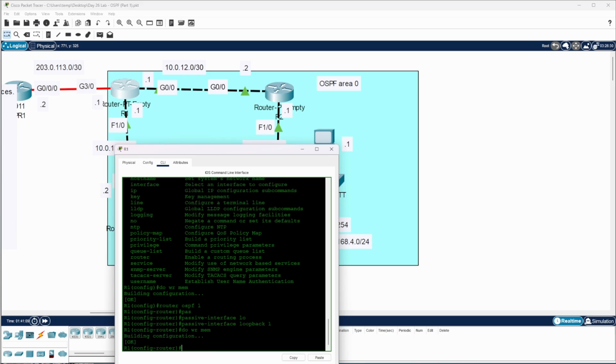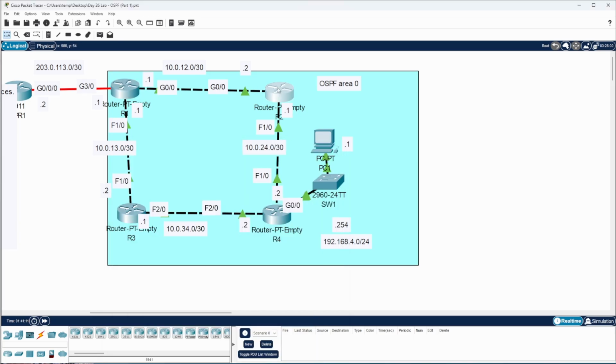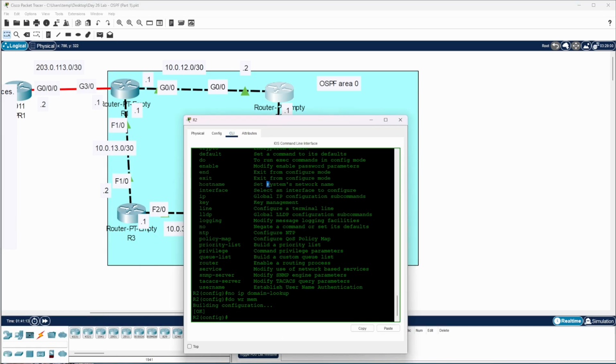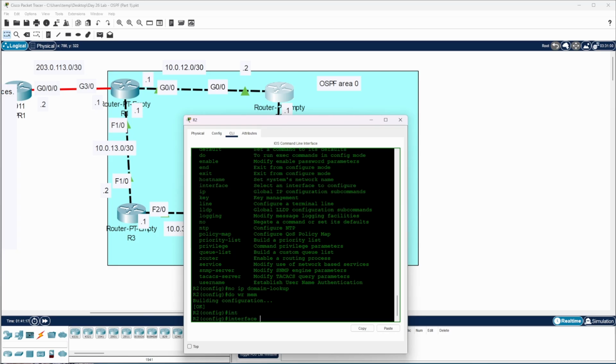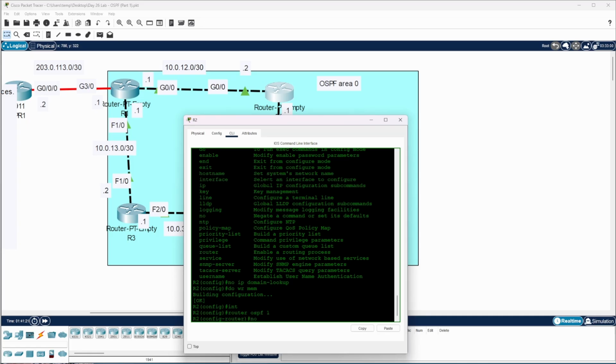Oh, and oh, we'll do it later. So, boy, we're gonna do this. Interface. No. Router OSPF 1. No IP. Nope. I'm getting confused. Alright,